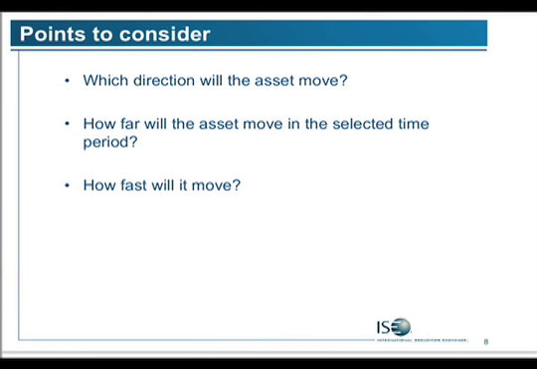Then you have to think about how far the asset is going to move, and then how fast. None of us really know for certain, right? We don't know if dollar-euro or euro-dollar is going to move from 140 to 130 or 140 to 150. You have to have a reasonable expectation. That's what option trading is all about. And then you select your timing. Is it going to happen over 1 month? Is it going to take 5 months, 9 months, what have you?